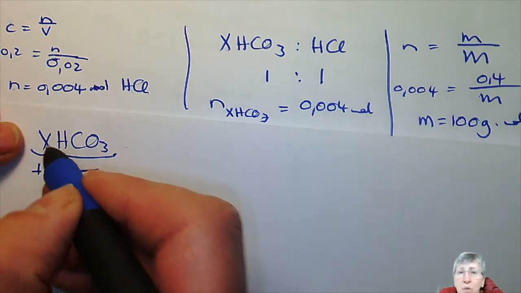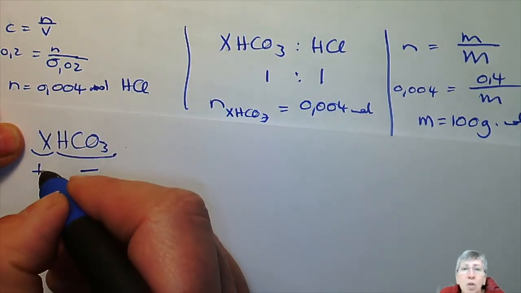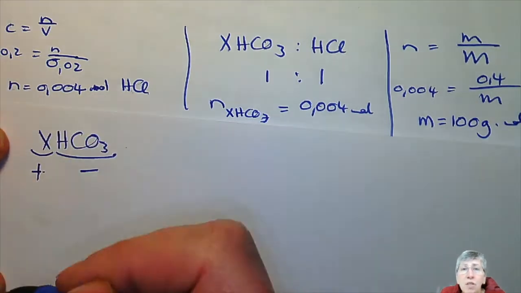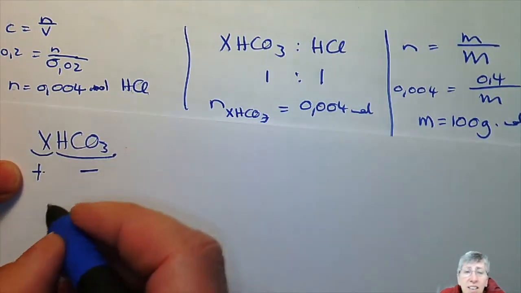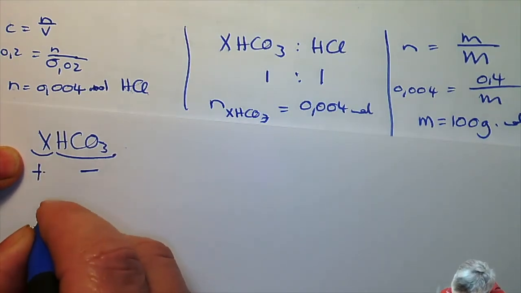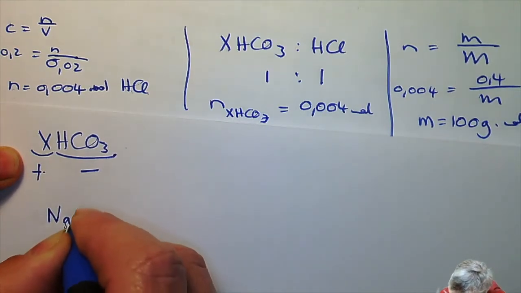So it's not something in group 2, it must be something in group 1. Now, if you look at group 1, first in the group is hydrogen, and it's obviously not hydrogen. So let's look at the second one in group 1, and that will be sodium. So if you look at sodium